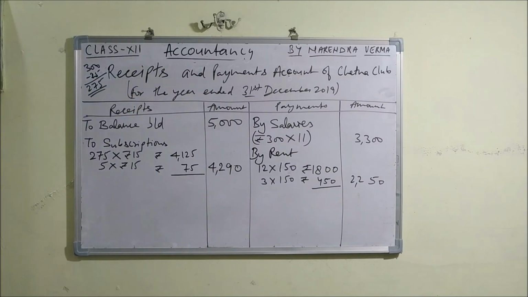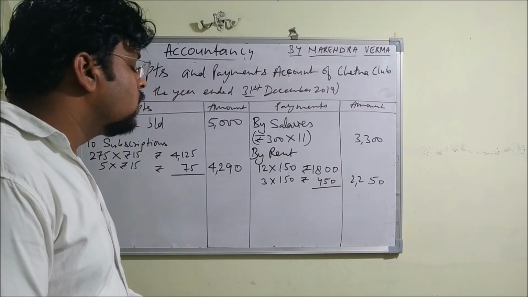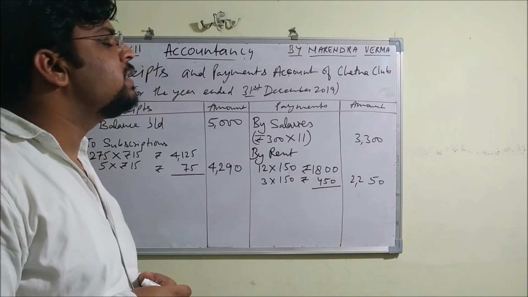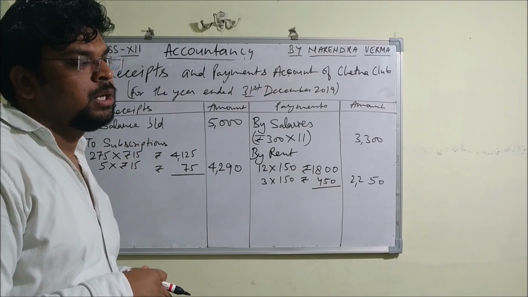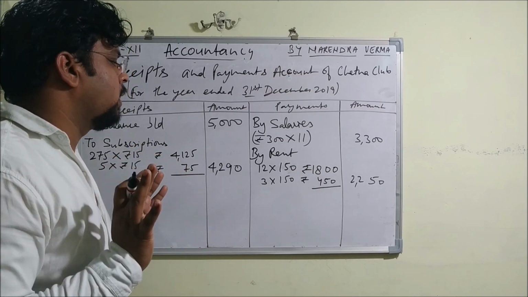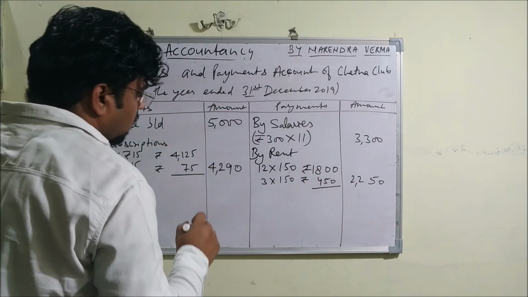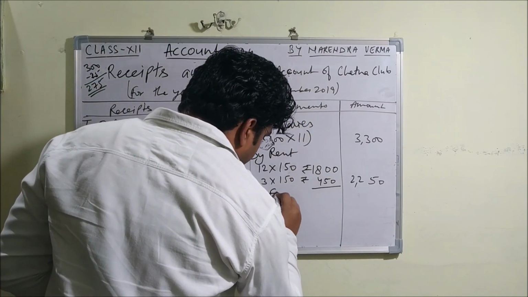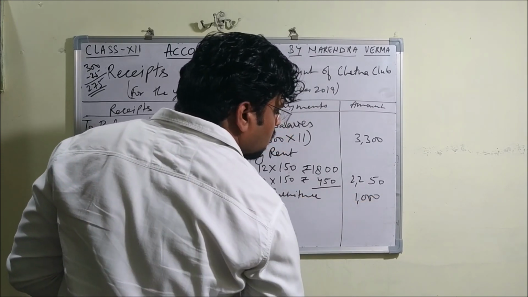Now let's move on to another item. Another item is furniture, and furniture is a capital expenditure, we know. For furniture 1,000 was given, but by the end of December we see only furniture worth rupees 150 has been purchased. But the amount has been given, which means money has gone from our pocket. So we'll have to make an entry for the complete 1,000 by the name of furniture here. And as this is an expenditure, it will be mentioned on the payment side by furniture, complete 1,000 rupees. Understood the point?